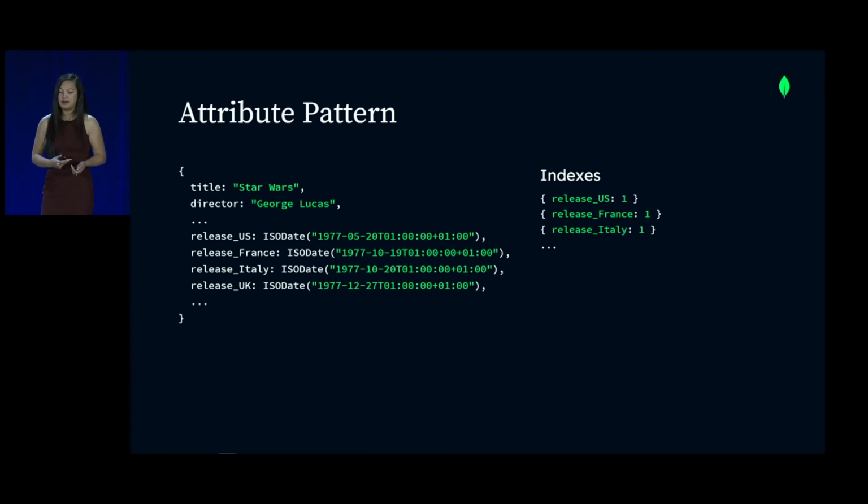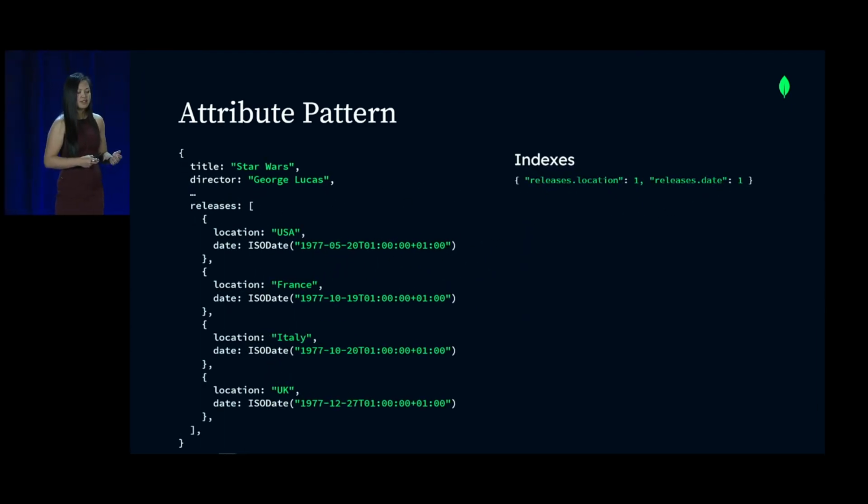Where we want to use the attribute pattern is when we have big documents with many similar fields, but the subset of fields that we want to sort on or query on are the ones that we want to find. And in this case, it's the release date. So the way to apply the attribute pattern in this case is to instead morph it into a releases array, because that is the part that we want to search on, the location, and because this is the only part that matters to us in terms of what we're doing in our application, we can apply the attribute pattern in this way. Attribute is the location. And as you'll see, that means we also reduce the amount of indexes that we need when we apply this particular design pattern.